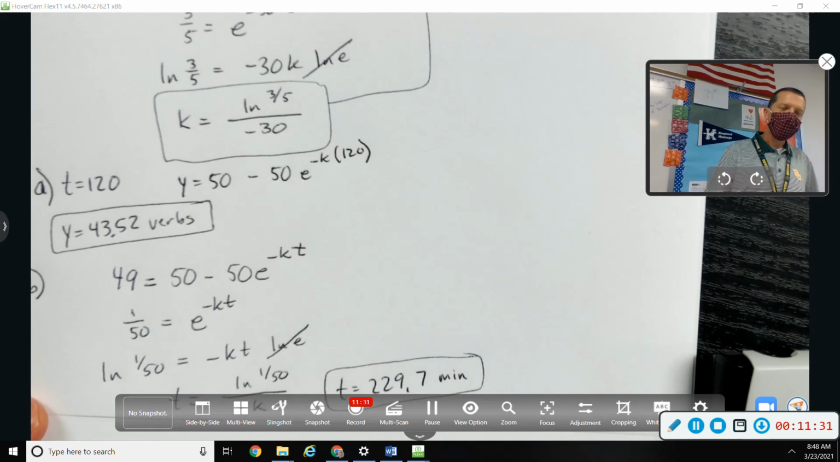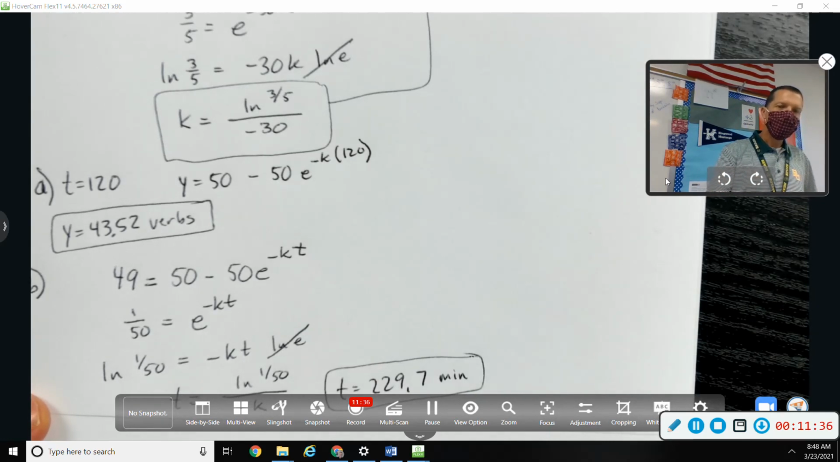Question. So we don't have to do the problem, but could we do the proportional to the square root of the